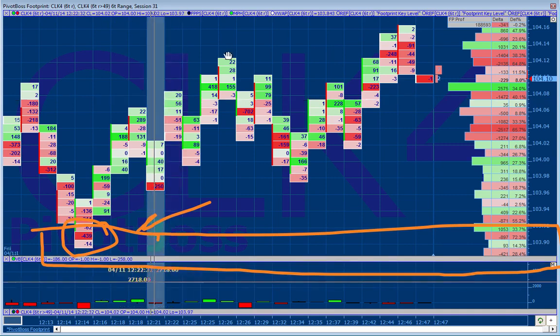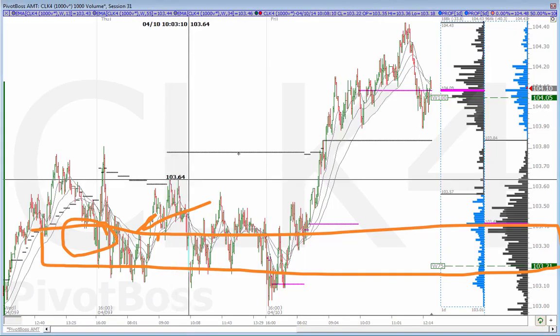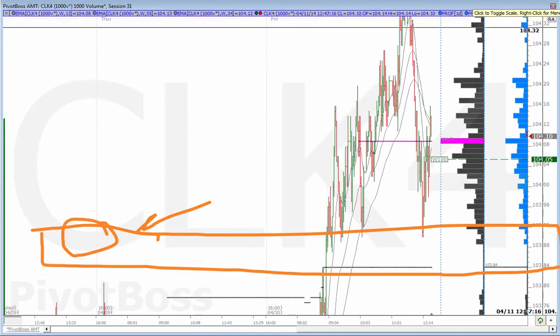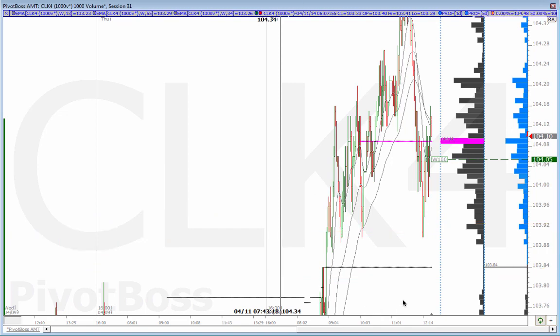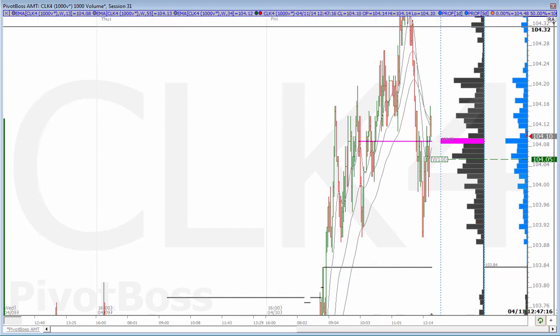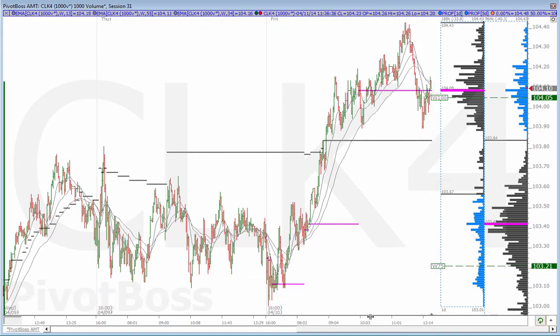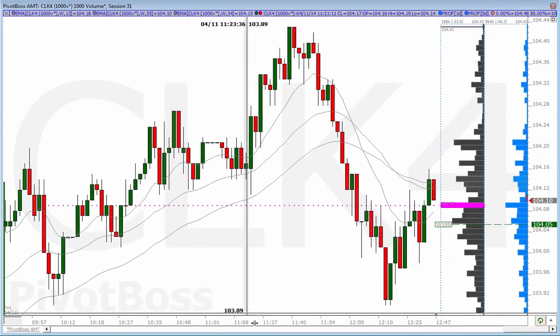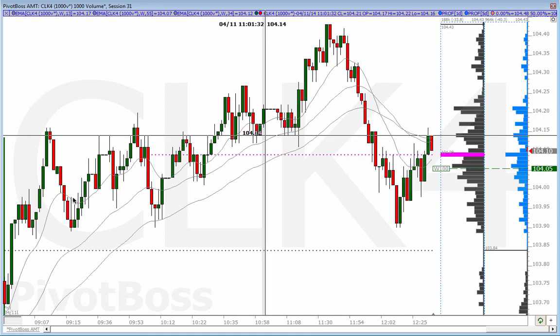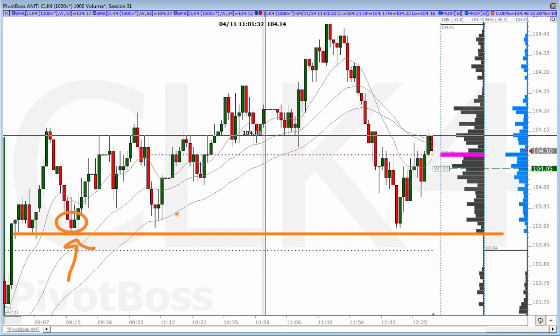Okay, when you're looking at a candlestick chart, let's look at this candlestick chart right here, and let's remove all of the markings, and let's open it up a bit so that we can see a better view now. When we're looking at this chart, here's support right here. When you see that, you say, okay, that's support. But when you see it with order flow and you see it with the footprint, you knew that was a bunch of sellers that couldn't get price to go down. We saw a lot of sellers here that couldn't get price to go down. We saw some sellers here that couldn't get price to go down. But we saw inside the bars.